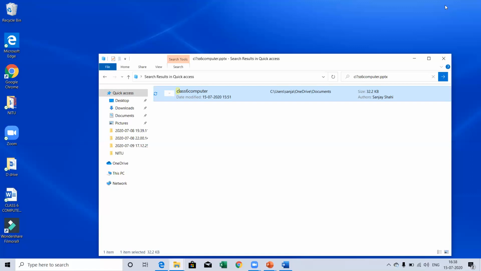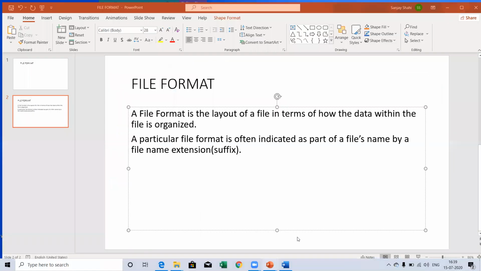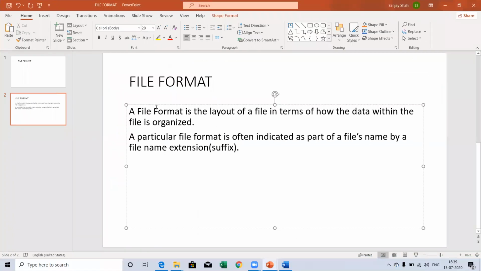Next, we will learn about the next topic. We will learn today about the file format. What is the file format? File format is the layout of a file in terms of how the data within the file is organized. It means your file format shows which type of data is stored in your file.